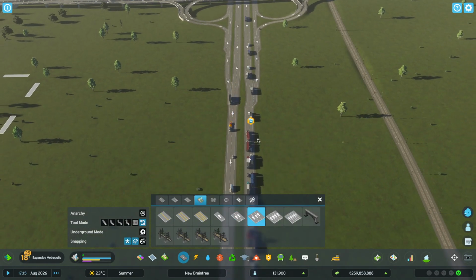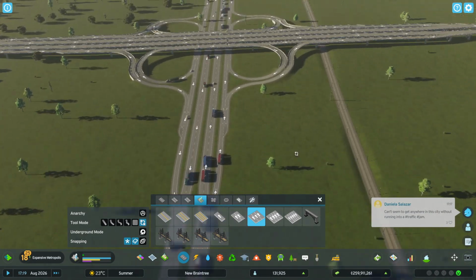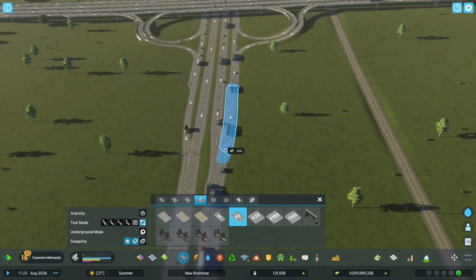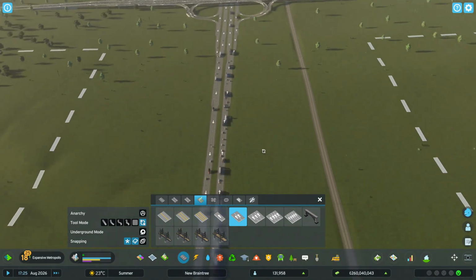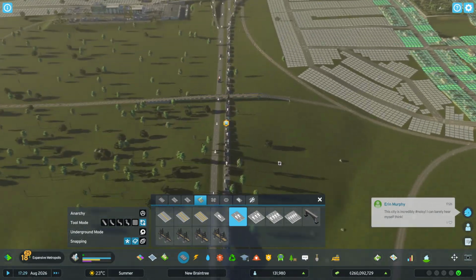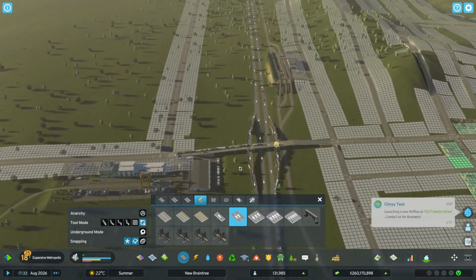Second off, I swear some of these starter highways are just not conducive. There we go. I don't want to touch it too much or else I'll interfere, but as long as we can get the flow of traffic going a little bit better, so be it. There's another one over here. Now they're all trying to get... Why are we all using...